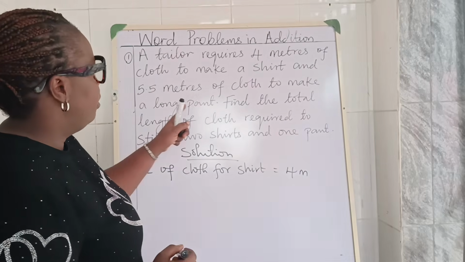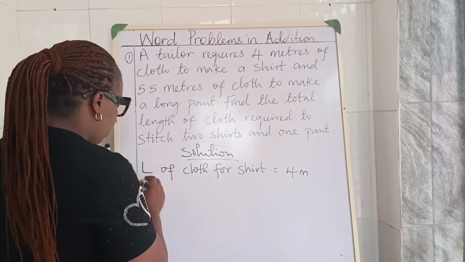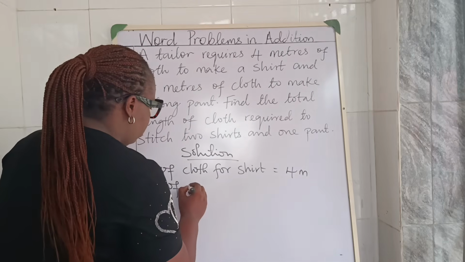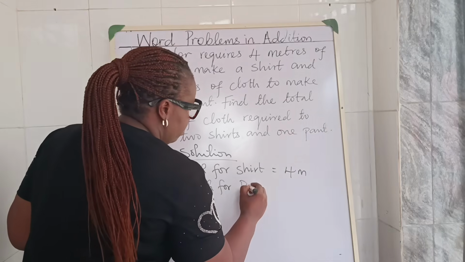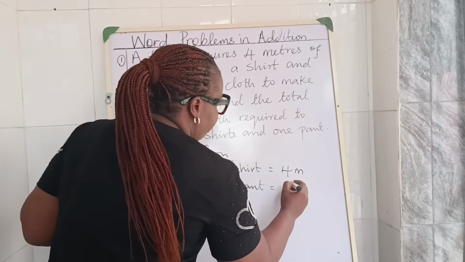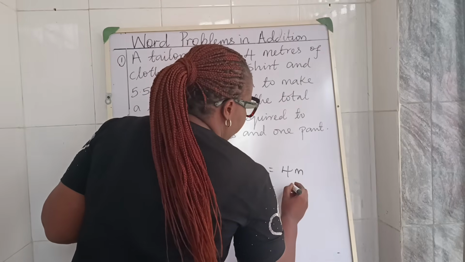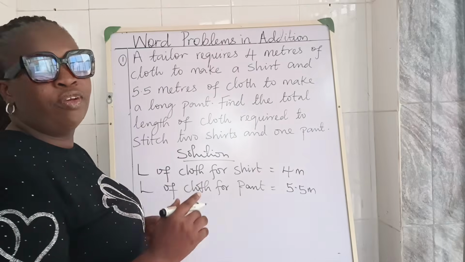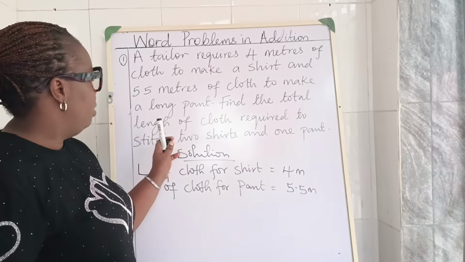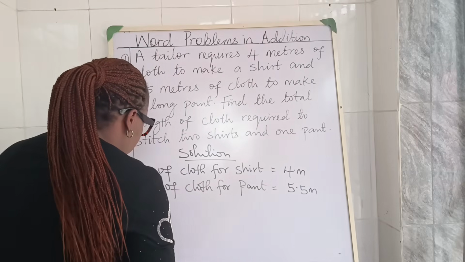Let's go to the next one. We'll have length of cloth for the long pant. Length of cloth for pant is 5.5. Sorry. Let's write it this way. 5.5 meters. And they are asking you the total now. Therefore, the total